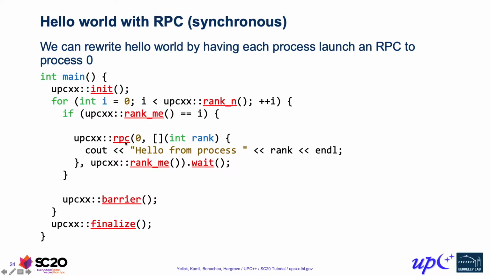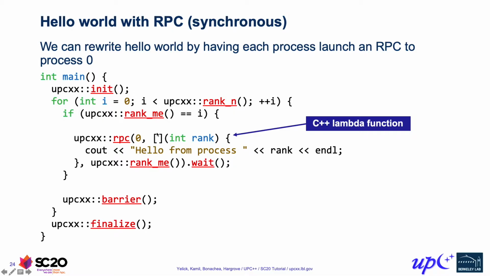And now what we do is we send over an RPC to rank 0, and then the function here, this is actually a C++ lambda function. Okay, so if you're not familiar with lambda functions, it's an anonymous function. It looks similar to a function definition in C++. The main differences are there isn't a name. Okay, it's anonymous. We have these square brackets here. There's something called the capture list for capturing local variables. Here we're not actually capturing anything, so it's empty.